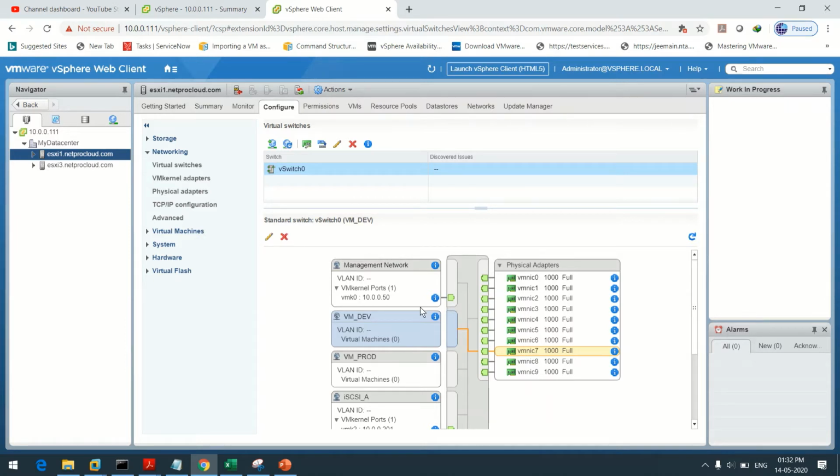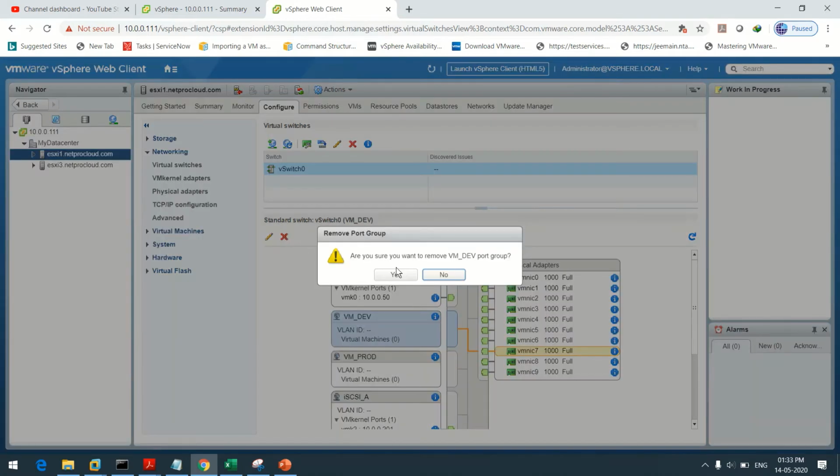So whenever we are editing the VM kernel ports or VM port groups, select the particular port group like this, and if we need to edit something, then click on edit settings. Or if you just want to remove the particular port group, then click here on the cross. So the cross states remove selected port group. So click yes.